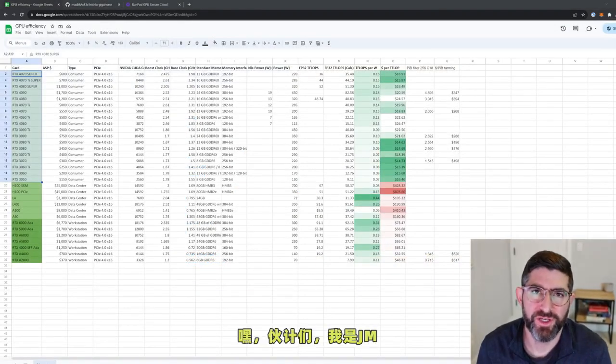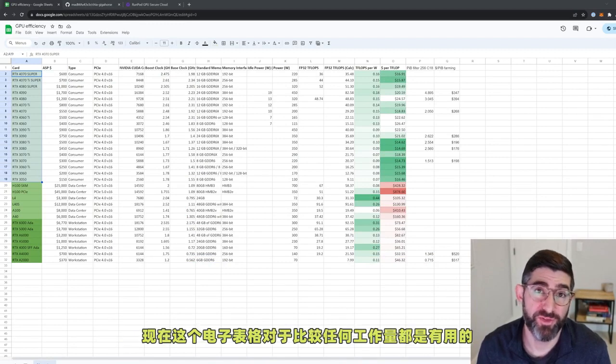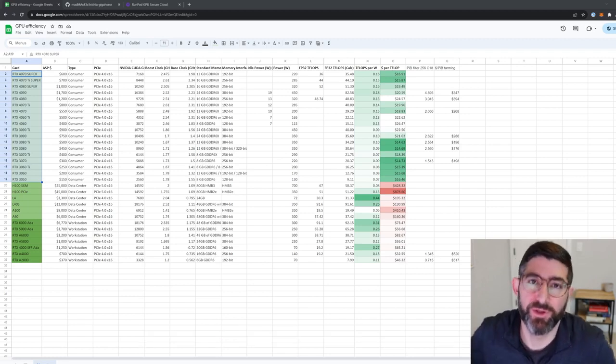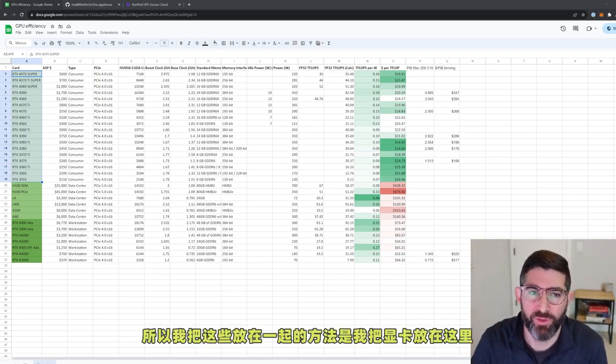Hey guys, it's JM. I made a spreadsheet to compare GPU farming efficiency for a bunch of NVIDIA cards. Now, this spreadsheet turns out will be useful for comparing any workload that you want to compare versus different NVIDIA GPUs. And so the way I put this together was I put the cards up here,